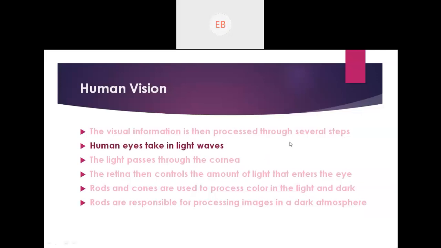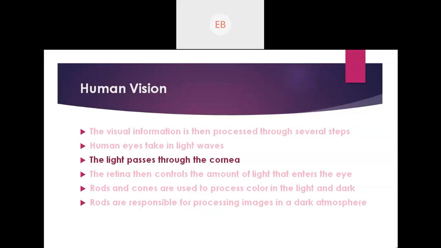Then we have the human eyes. So what does the human eye do? The human eye will take up some light waves, or analog signals, whatever you can say, for our visual cortex. And what does the visual cortex do? It is used to process these into some perception, and after perceiving only you can visualize the shape or the size of the object or some other properties of the image, okay?